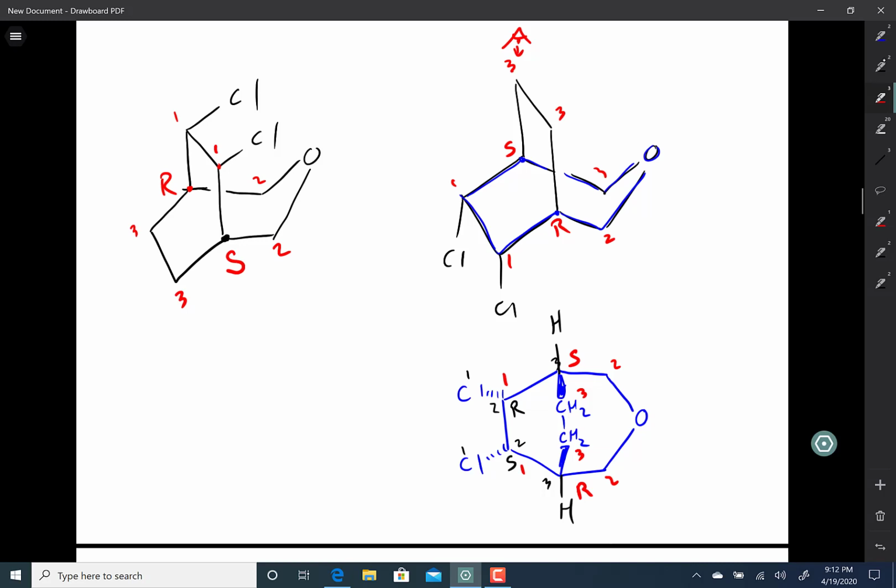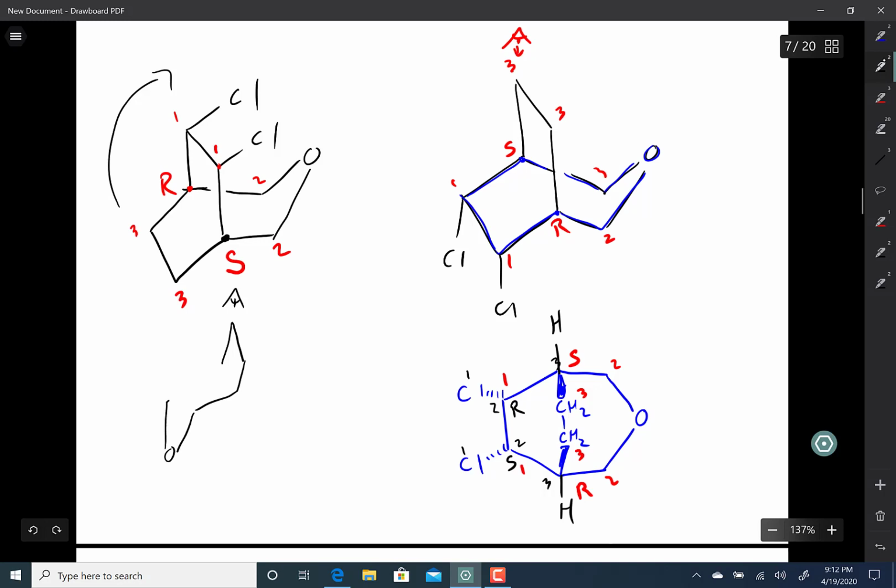Now, if you do this one right here, I highly suggest that you take this molecule and you rotate it. You rotate it so the bridge that you're looking down on doesn't have any substituents on it. So when you rotate these, the chlorines are heading downwards. So just like that. And then when you look down,